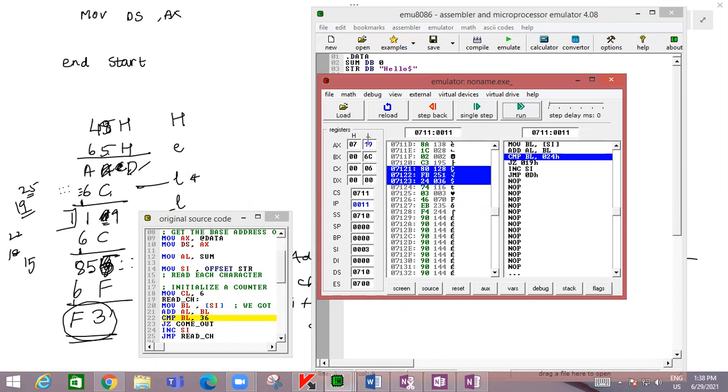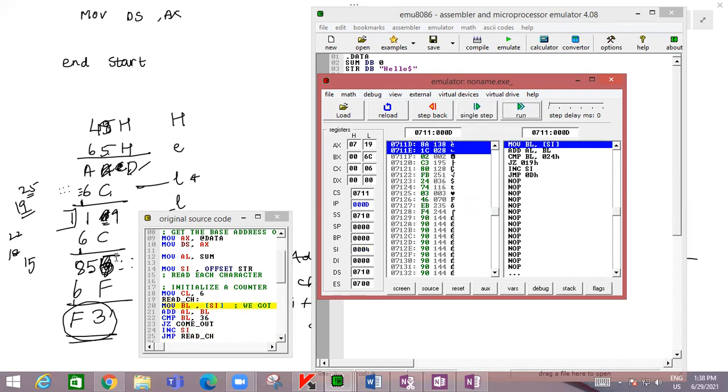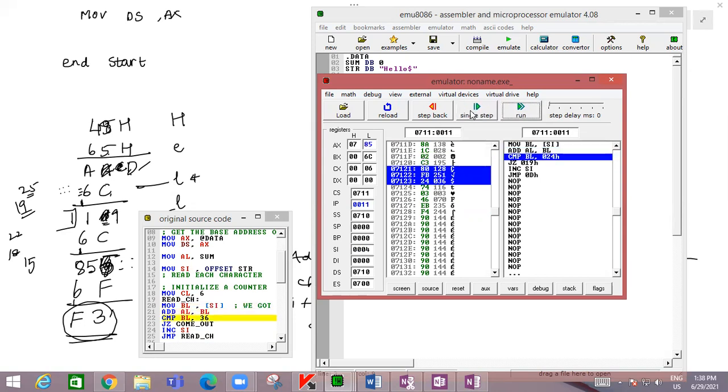That is, 19 is what we are storing in the AL register. We are not interested in the higher bits, that's why we are just using an 8-bit register. Again, we add 6C from 1C, we'll get 85.